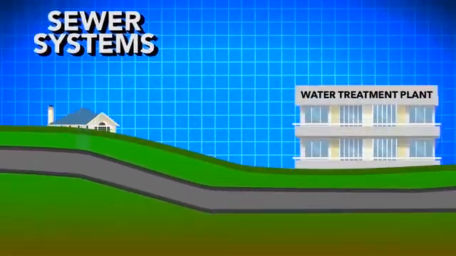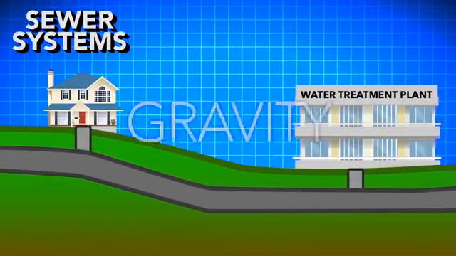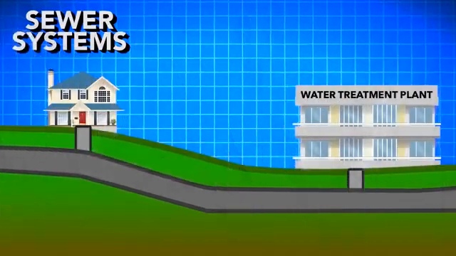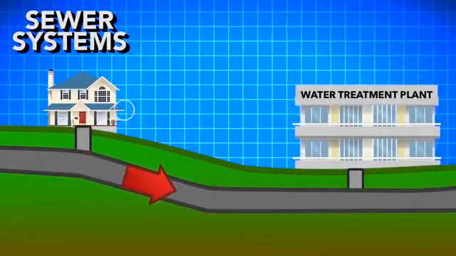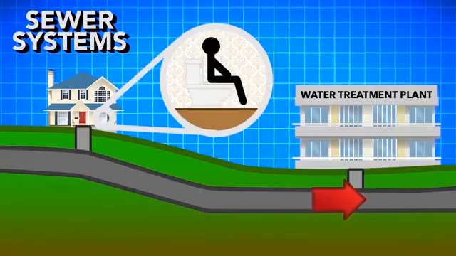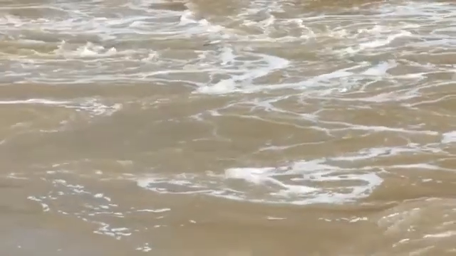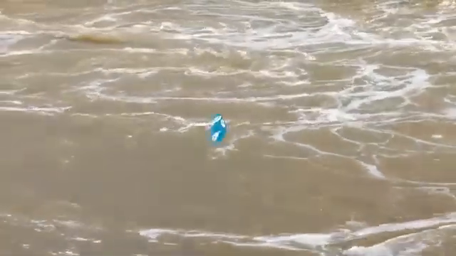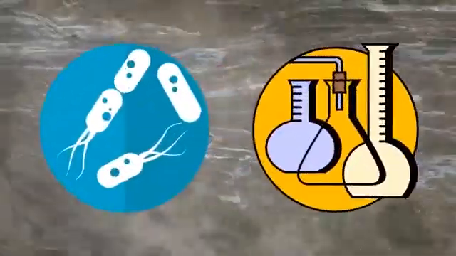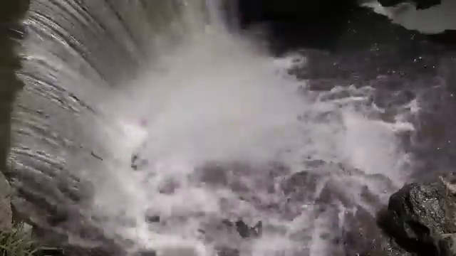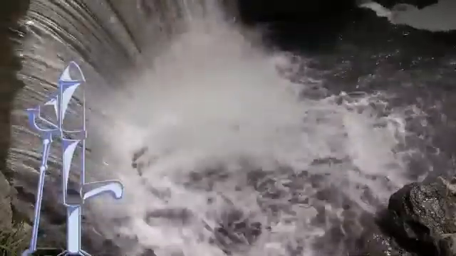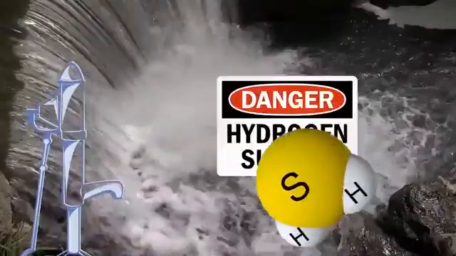In ideal environments, sewer systems are completely gravity-fed, meaning that the pipes slope downward from the source, your toilet, to the wastewater treatment plant. This is done because wastewater has a lot of solids in it, making it harder to pump. Wastewater also has a lot of bacteria and chemicals, and when we push it through turbulent environments like pumps, it can create dangerous and deadly gases like hydrogen sulfide.